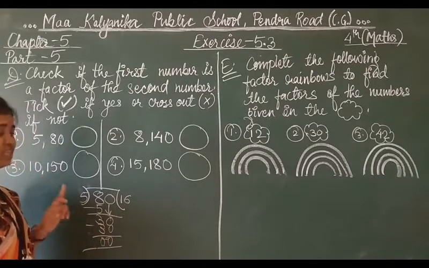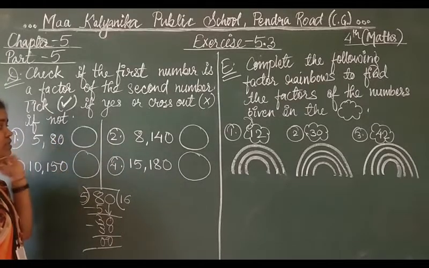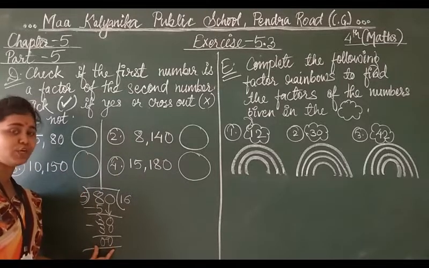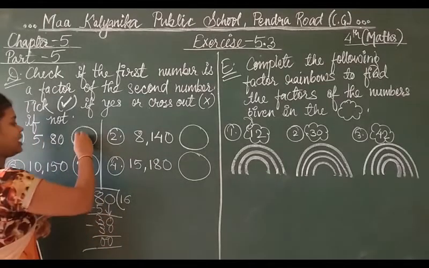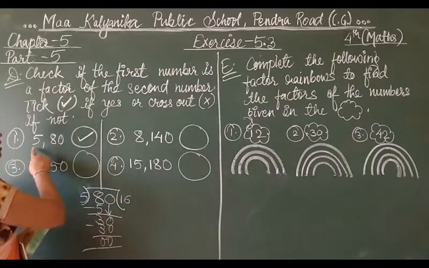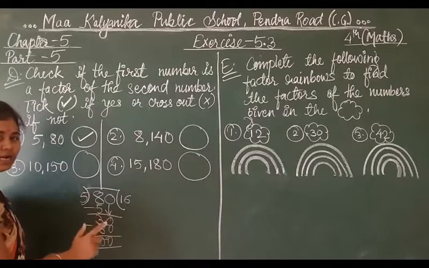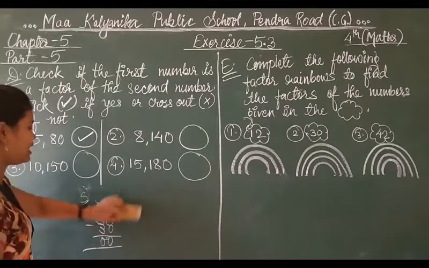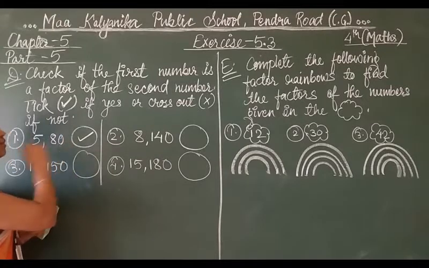What am I getting as remainder? 0. So students, in question number D, you divide the second number by the first number in any of these 4 questions, and if the remainder is coming 0, it means it is exactly dividing the number, so it will be a factor and we will put a tick mark. Here 80 divided by 5 we have done, and we are getting the remainder 0, meaning it is exactly dividing. So 5 16s are 80 or 16 5s are 80, you can say. We are getting remainder 0, which means yes, the first number is a factor of the second number. So we have put a tick.